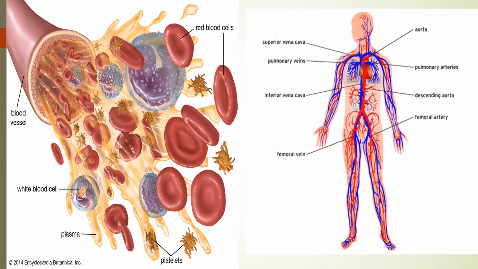This is a slide of a human being and you can see a number of tubes running throughout the body, right from the head up till the toe. They are red in color and they are blue in color. The red in color are the arteries and the blue in color, they are the veins, and in the chest, in the center, you can see a pumping station which is called heart.